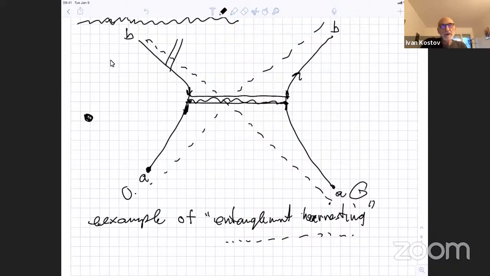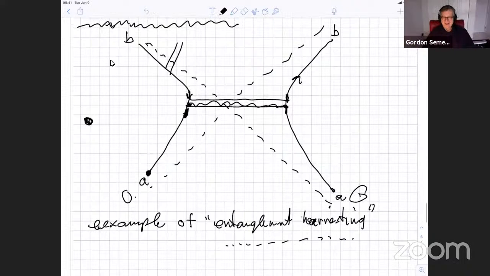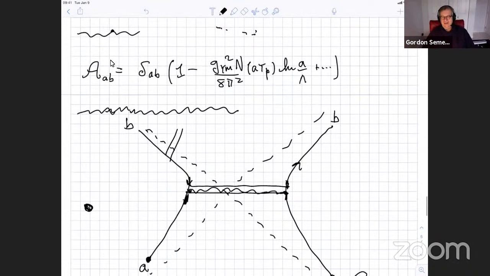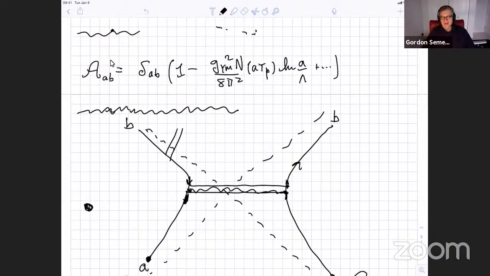So is it possible in this case to speak about the cusp anomalous dimension? Actually, I didn't mention that, but you could take a limit here where the acceleration is very high for a short time. It's possible to take that limit. And then this factor in front here is just the cusp